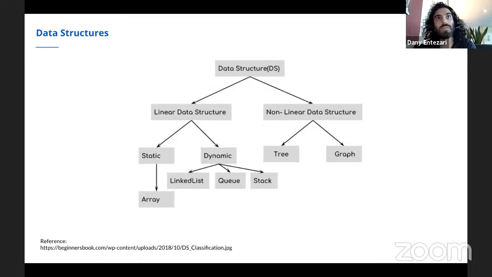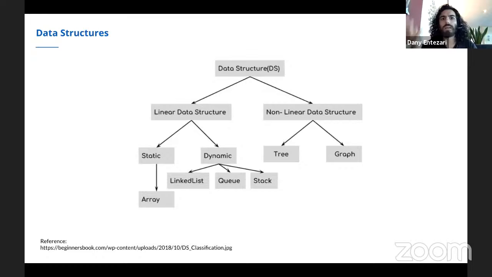Some data structures, however, will not perform as well, just because of the way they are assembled. So for example, trees: if you've heard of binary trees, it's much quicker to find data in a binary tree than in a single array. In an array, if you do not know where your value is, you have to go from start to finish to find what you're looking for.